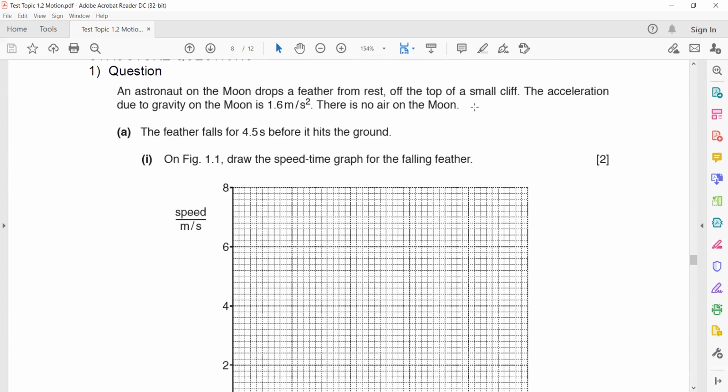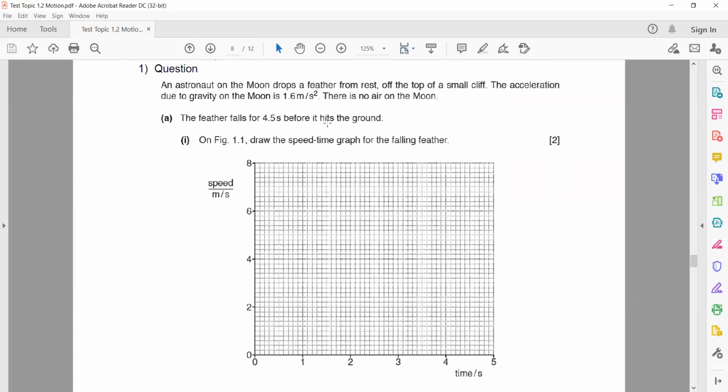Then the structured question 1. In this question, an astronaut on the moon drops a feather from rest. So if something is dropped from rest, what is the starting speed? 0. From the top of a small cliff, the acceleration due to gravity on the moon is 1.6. And there's no air in the moon's atmosphere. The feather falls for 4.5 seconds before it hits the ground. On the figure, draw a speed time graph